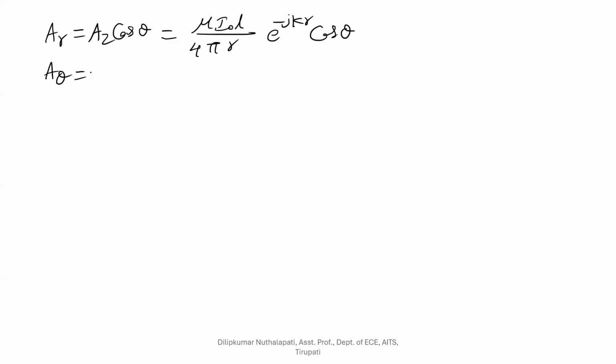Ar is equal to Az cos theta, that is equal to mu I naught L by 4 pi r into e power minus j k r into cos theta, and A theta is equal to, we